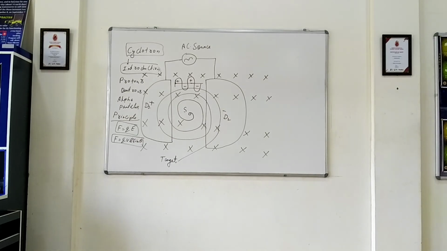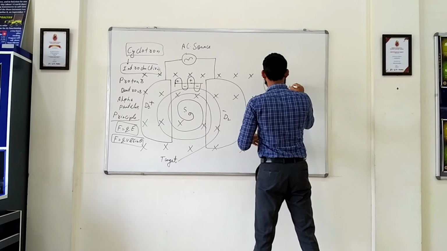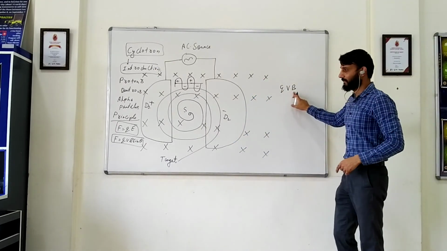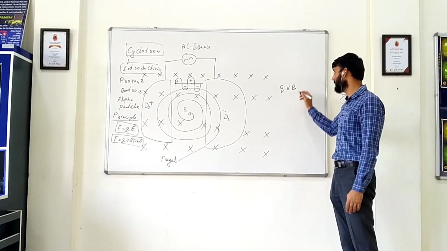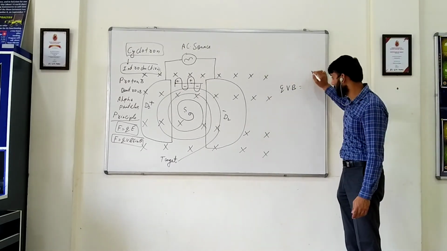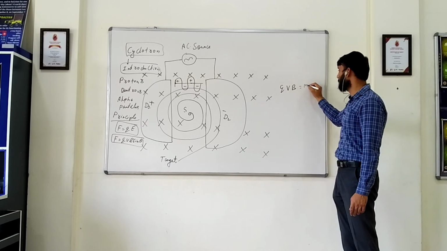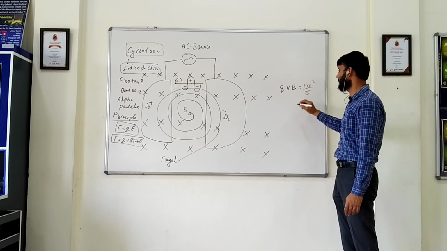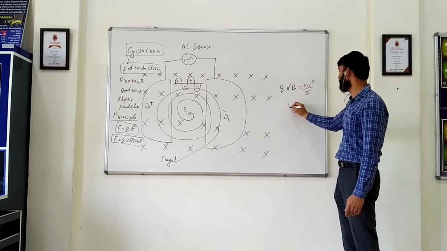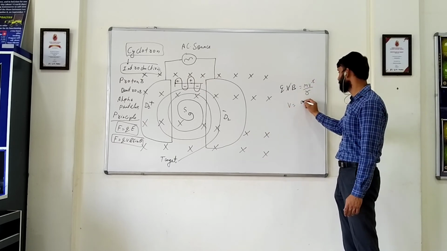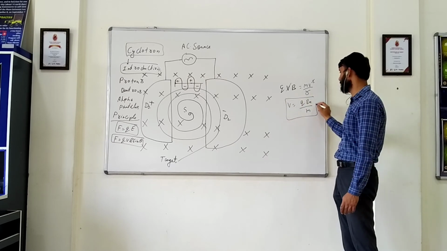In case you want to do that, you know that the magnetic force F equals qvB sin theta, taking theta to be 90 degrees to have the maximum force, and it makes the particle move in a circular path. So that will provide the necessary centripetal force, mv square upon r. If I take it, v equals qBr upon m. This will be the expression for velocity.